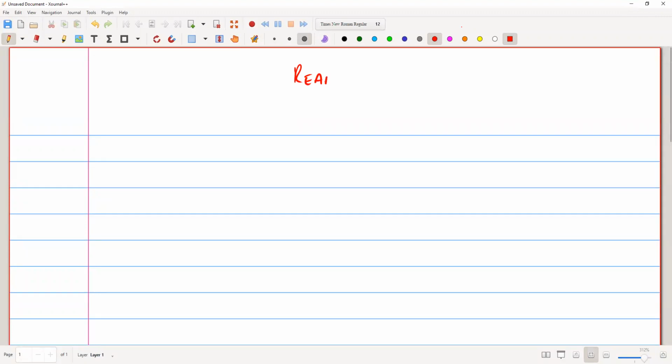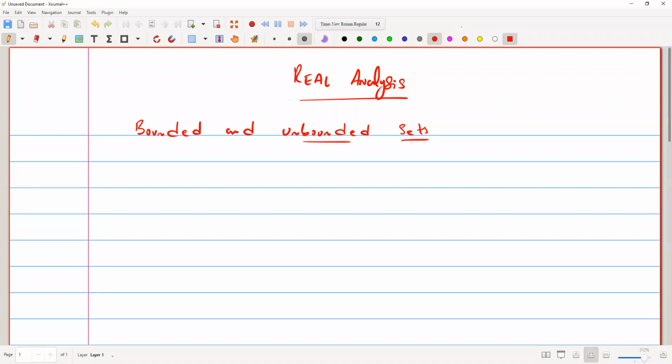And in this class, we are going to talk about the bounds of a set. So we will talk about bounded and unbounded sets. We will see the definition and then we will take some examples to make it more clear what actually are bounded sets and what are their bounds. So let's talk about bounded